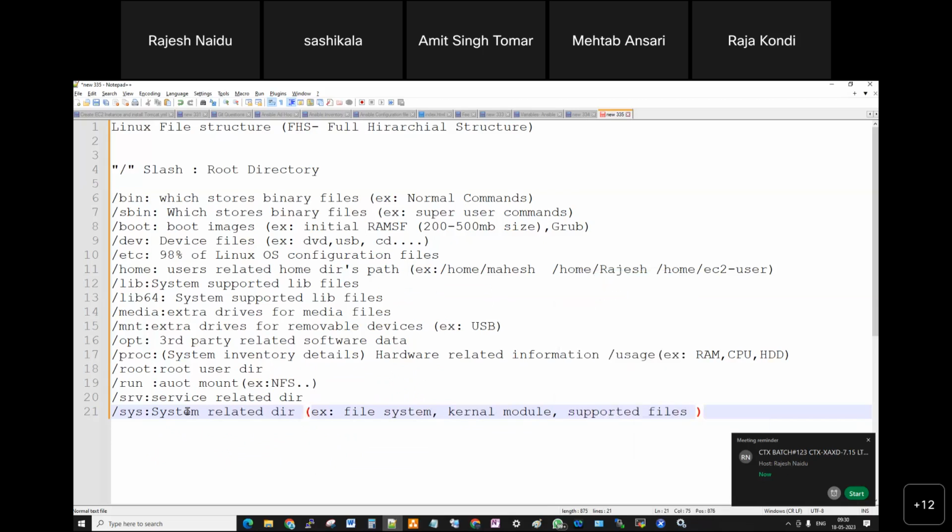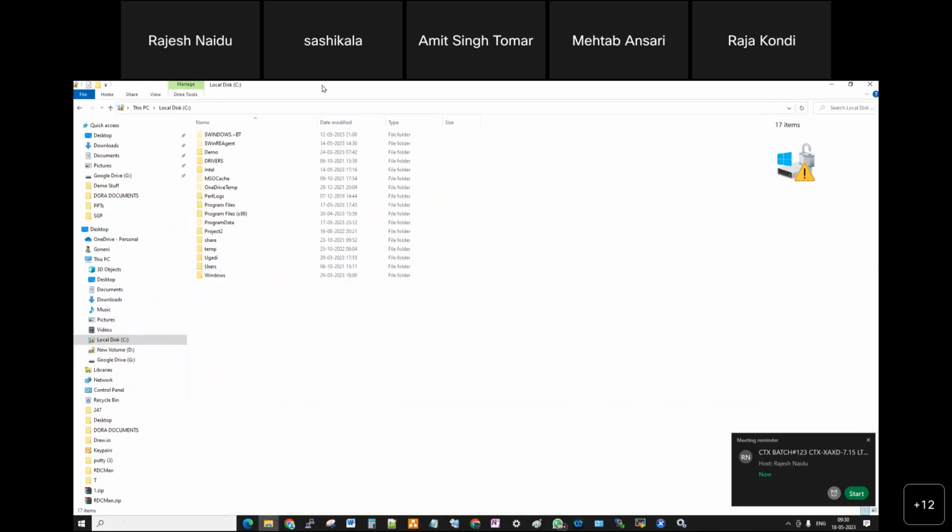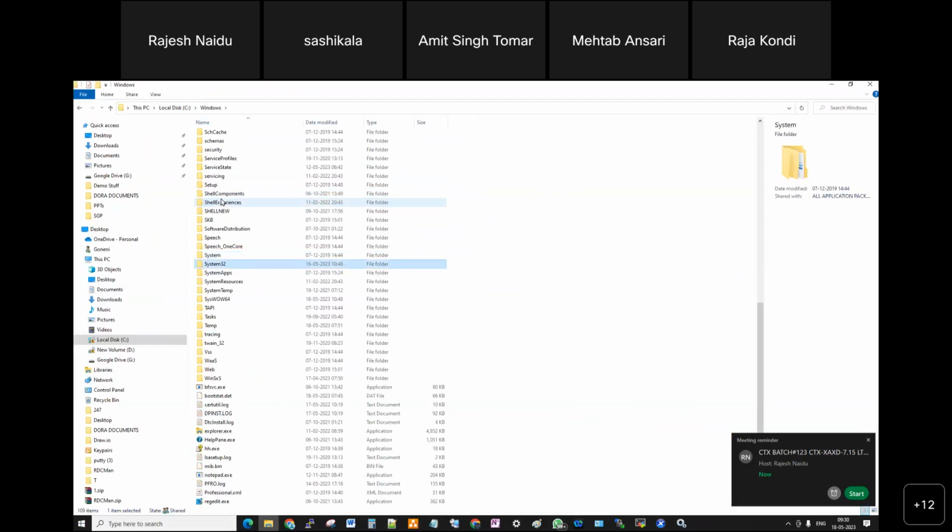These are the files that will be stored there. Even on a Windows machine there is a folder called system. See, in Windows, the system folder holds system related files. In Windows there is a separate folder for 64-bit and for 32-bit, but in a Linux machine only one folder will be there, sys.